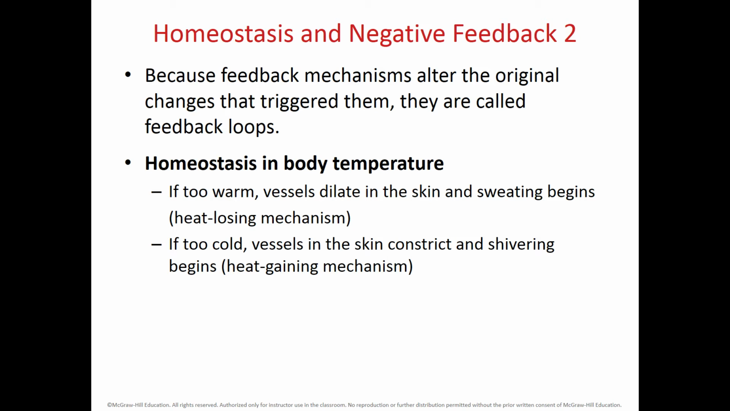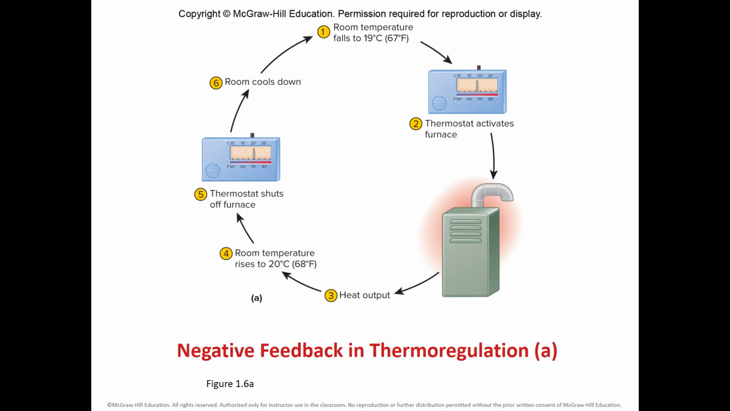This is known as heat gaining mechanism. So these two negative feedback parts of homeostasis will help to control the body temperature. And it's very typical that in the textbooks of anatomy and physiology, they show you this example of negative feedback